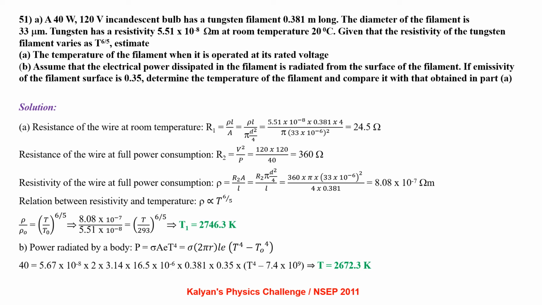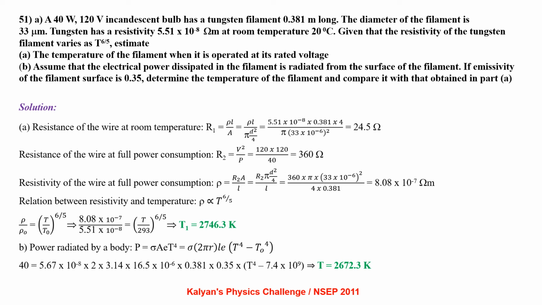Relation between resistivity and temperature is given as rho is proportional to T power 6 by 5. Upon substituting the values here, we get T1 equal to 2746.3 Kelvin. Coming to the next bit, power radiated by the body P equal to sigma A E T power 4,